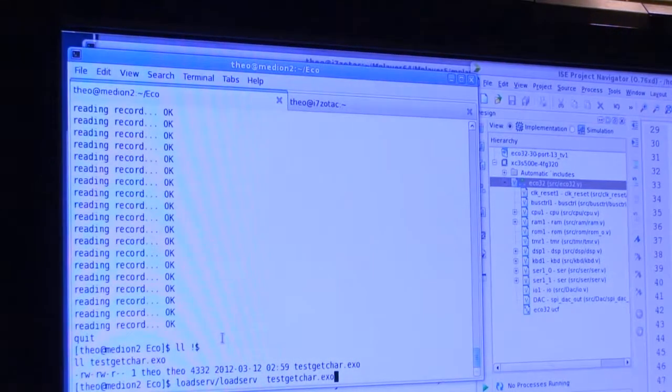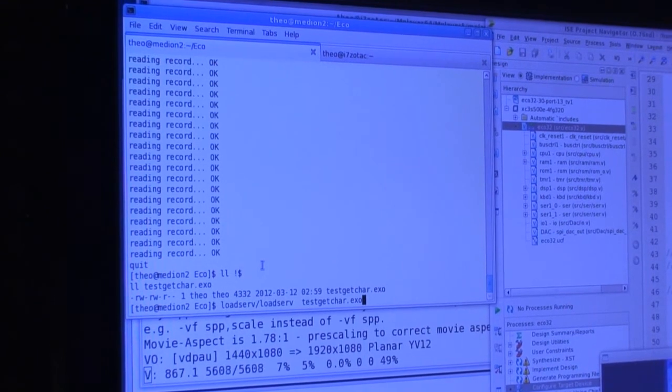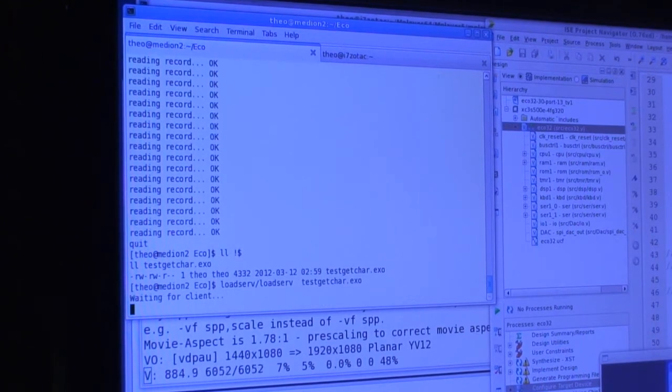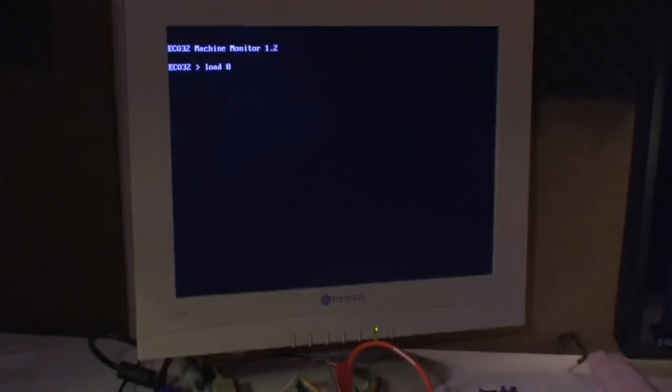And I use the other machine, which is connected, to set up the file which comes from the make of that program, .exr. Waiting for client, and then I type on the keyboard here connected with the FPGA. Type the load 0 command, and it will run